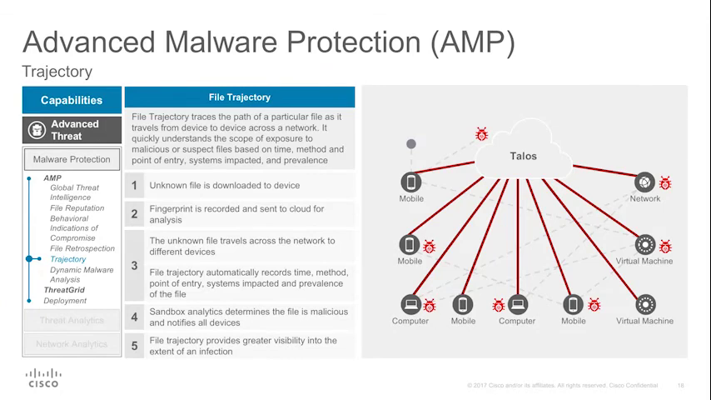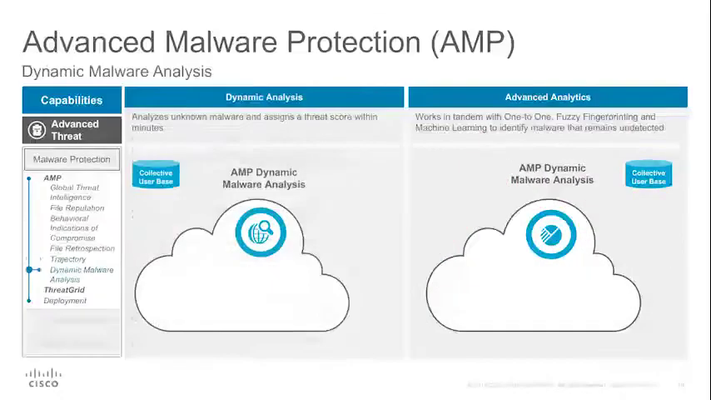These contiguous paths are analyzed to quickly determine the scope of exposure to files based on time, method, and point of entry, all without the need to scan or snapshot endpoints. If Sandbox Analytics in the cloud determines that a file is malicious, all devices are alerted and the infection is instantly understood and contained. If there are potentially dangerous files that have not been encountered previously, AMP uploads their file